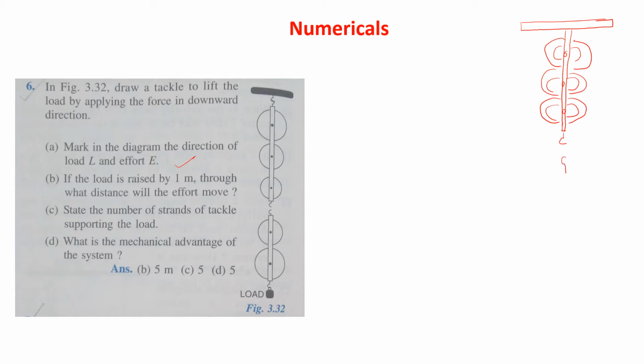Now another hook, and here will be 2 pulleys. Now there is a load